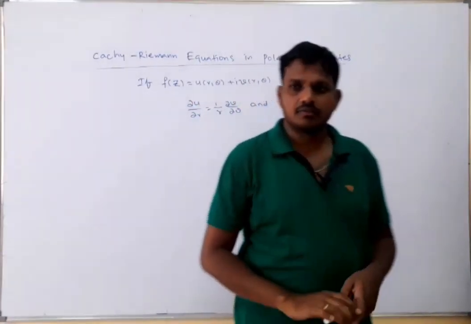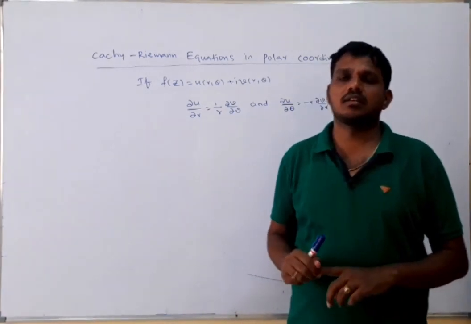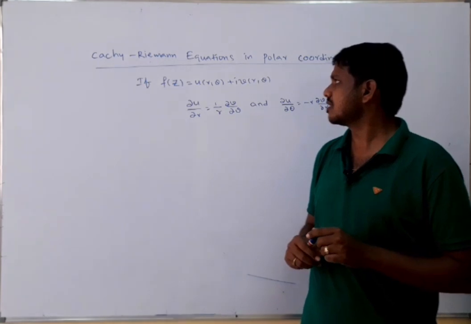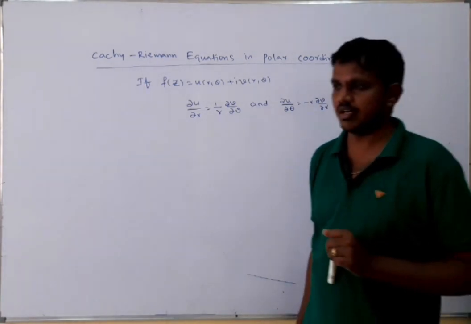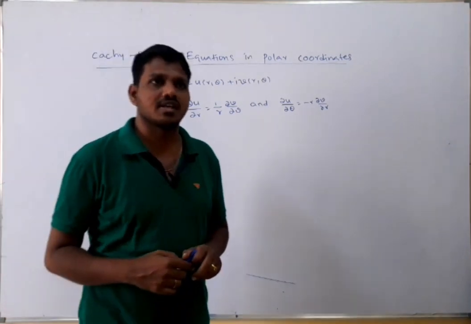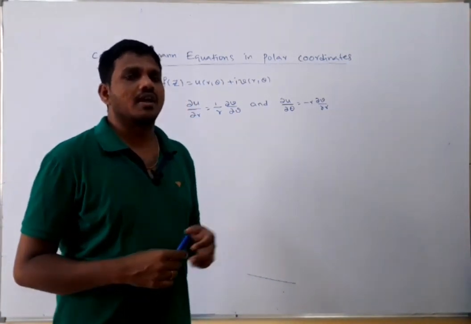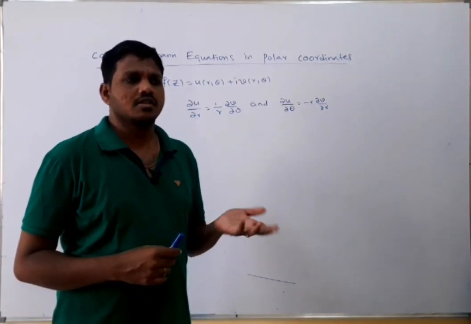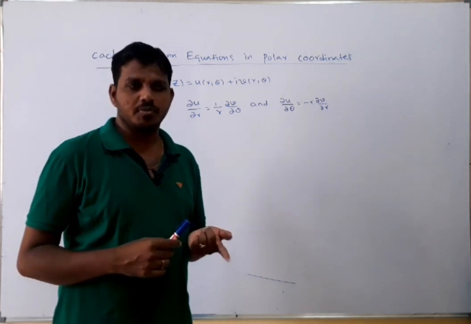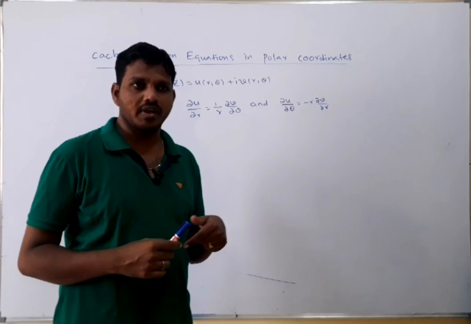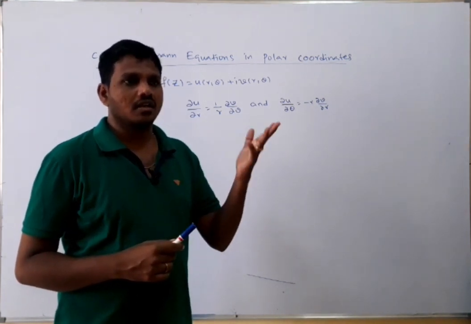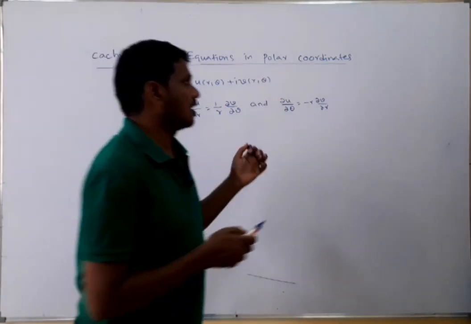Good morning, everyone. In the last class, we derived the Cauchy-Riemann equations in Cartesian coordinates. If f(z) = u(x,y) + iv(x,y) is to be analytic, the first order partial derivatives ∂u/∂x, ∂u/∂y, ∂v/∂x, ∂v/∂y must exist, and then we wrote the Cauchy-Riemann